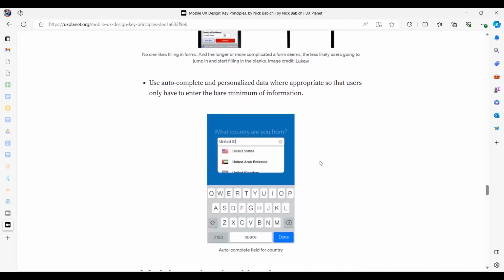Another one we must do is auto completion, right? So this is another mobile UI component that we can use. When you start typing, it filters the data and shows you what is possible. So then you don't need to complete typing. You can just click whatever option you have here.